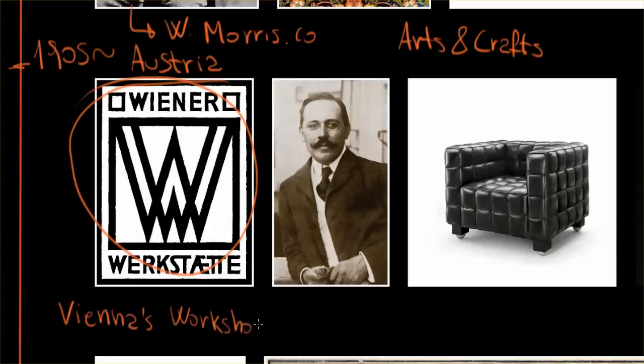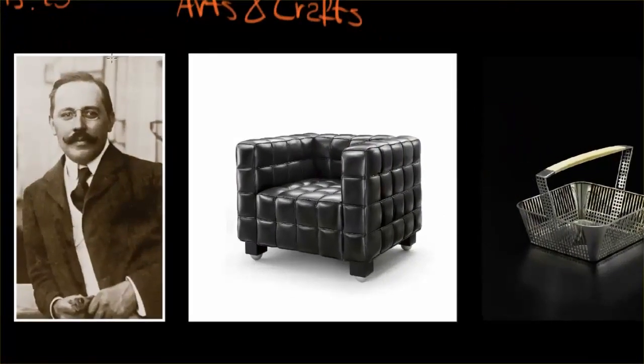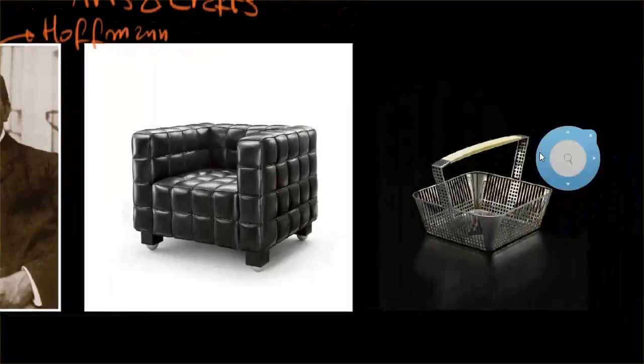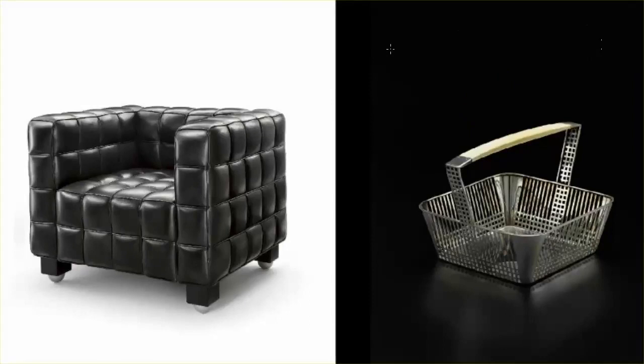And this company used the help of designers like this man over here, Josef Hoffmann, and they produced a set of objects that were very significant at that time because they represent an aesthetic search for something different, to move away from the ornaments of the past, this old look of things. So they created this kind of objects that looked very modern, very geometric, and without any link to their historic